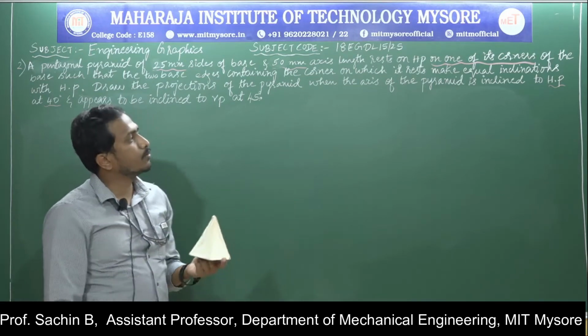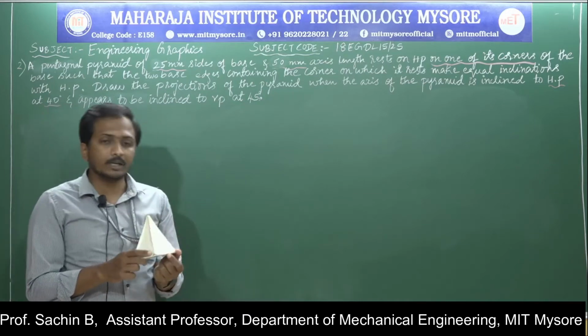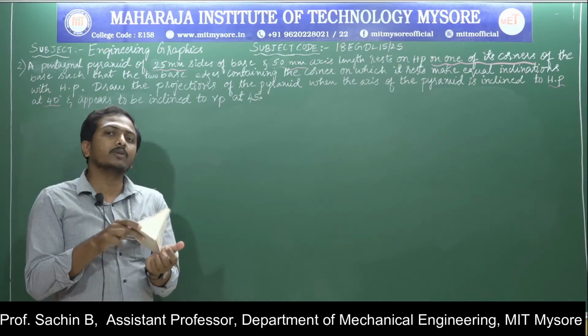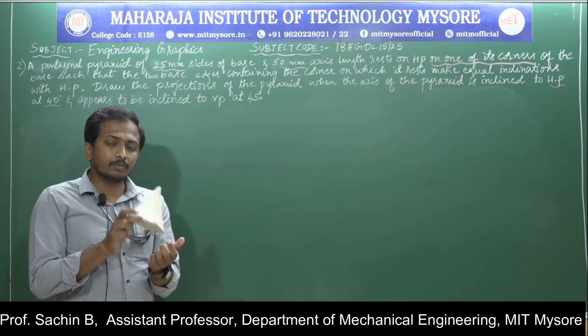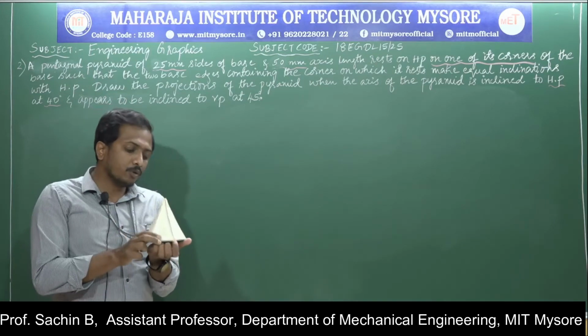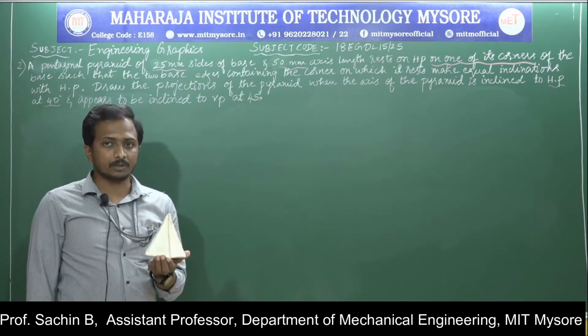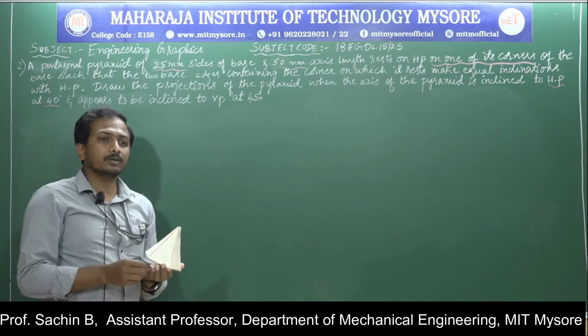Rest on HP on one of its corners of the base. Meaning in this problem they are clearly saying that it has 5 different corners. It is resting on any one of the corners on HP. That condition is purely proved in the second position. Before going to that, first we should construct the first position of the object. Till then I will go for constructing the object. Next part I am going to read the question.